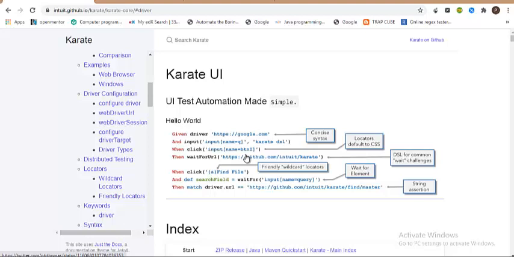And click is the function that you want to click with. This is the same as Selenium click, and waitForUrl is just like waiting for an element. So here you have a special method to wait for a URL. It waits until that particular URL is present. And click is the same, but this time they have done it with the wildcard locator that we've discussed. We'll do a lecture to go through what the wildcard locator is really about. And finally they end the test by putting in some assertion.